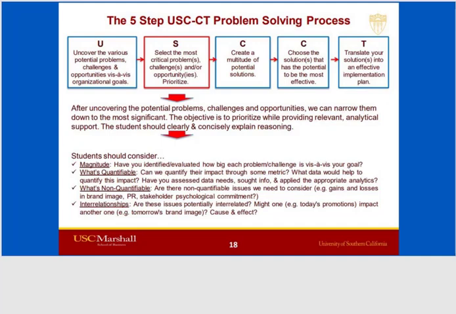A good trick at this moment, if you're in your group project for this class, is to think about how would I explain this case and what's going on to my group members. You might also think here about specifying an objective or ranking the issues. Harvard Business School would say the next step would really be to identify and rank issues, looking for timeliness and connections. But you see that here too, where they're thinking about magnitude, quantifiable and non-quantifiable.